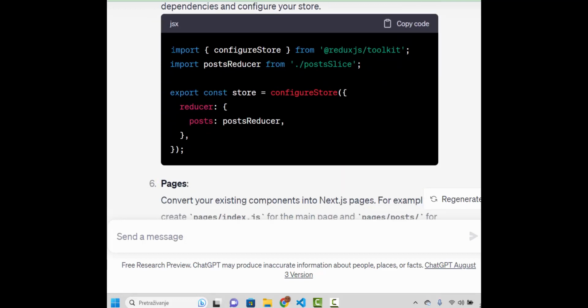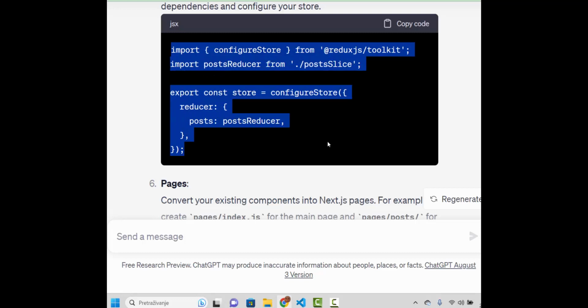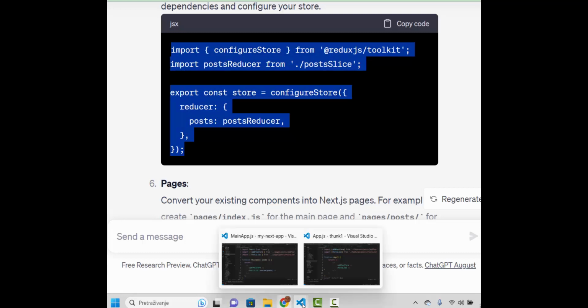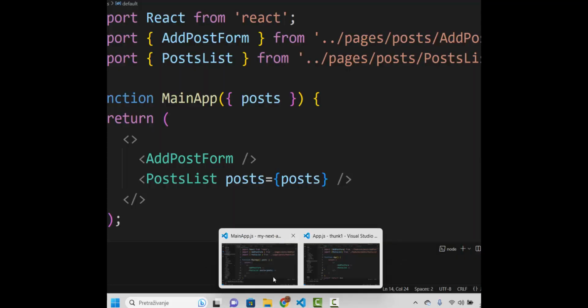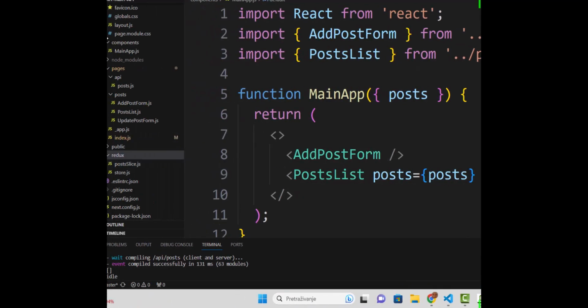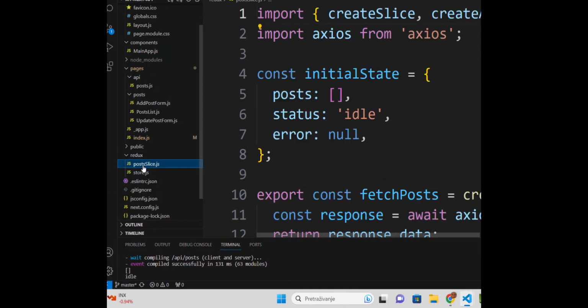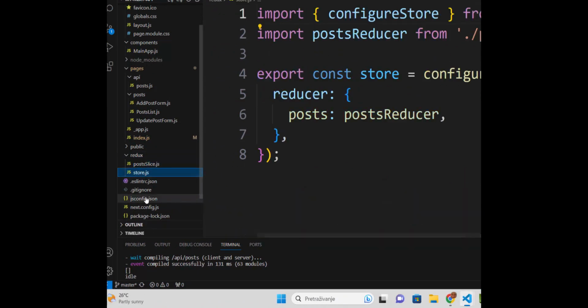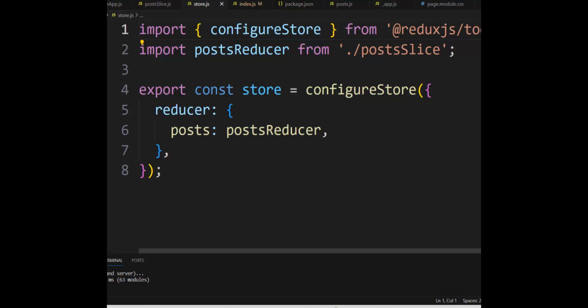Here it is. Copy it in Redux, posts, Redux. Here it is, post slice, store.js. It is copied in the Redux folder. And get back to